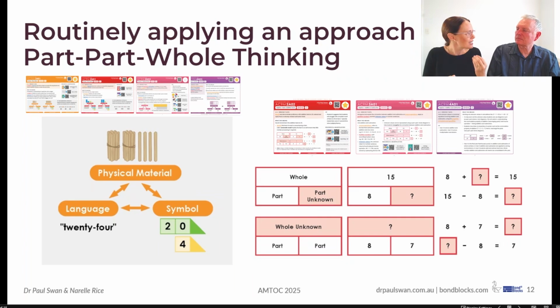So if you understand that you have a known part, and then the red one that's coloured in, that's the part we don't know, or the unknown. Just even that language I've just used of known, of unknown, of part, of whole, getting that consistent across the school is so essential. I think literacy's done a beautiful job in this area. When they want to talk about consistency with language, they're all on the same page. It's phoneme or grapheme, whereas if we can all talk about knowns and unknowns and parts and wholes, it will